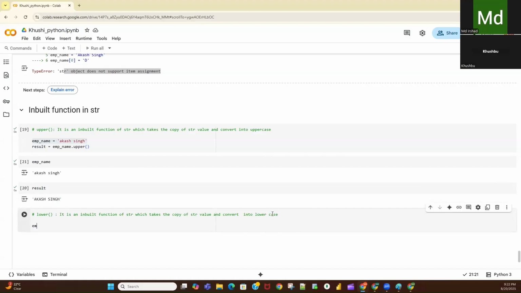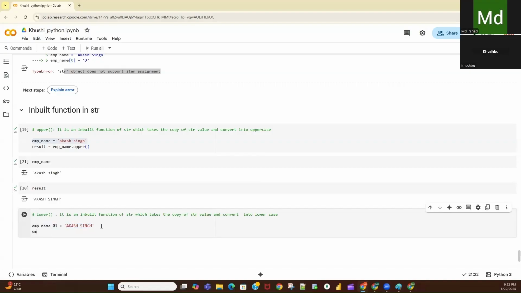So now, for example, I will take this data. This time I will take employee name underscore 2 equal to Akash Singh. This time I am creating one more string object, Akash Singh, and storing it inside this variable. So now this string contains the value Akash Singh in capital letters.